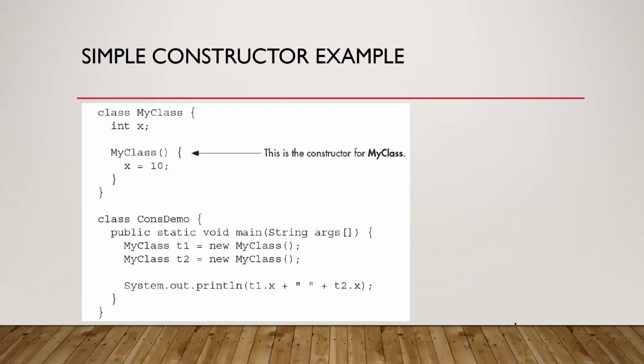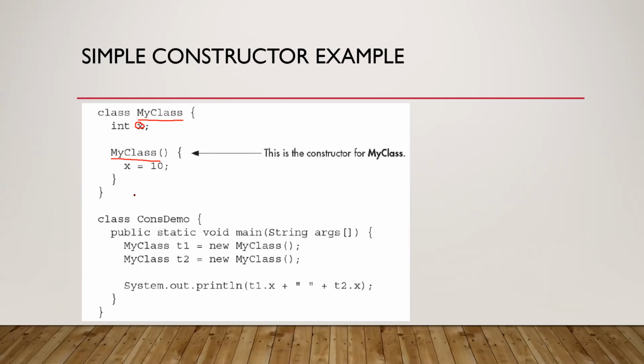a code block. See, the name is the same, right? So it is MyClass over here, and the same thing is being used here, MyClass, right? And what you are doing is accessing this variable x. Please understand that whatever variables you are using over here can be accessed by the members of the class. So if you have a method, that can access them, and the constructor can also access them.